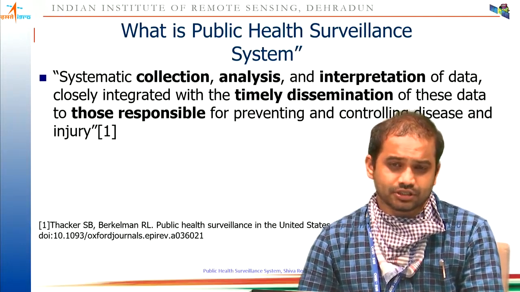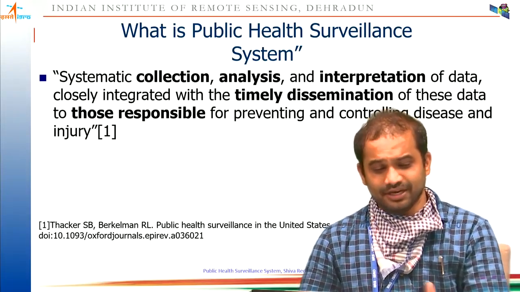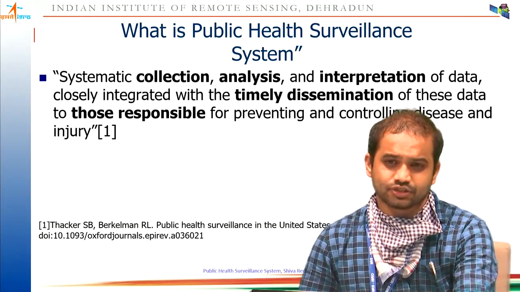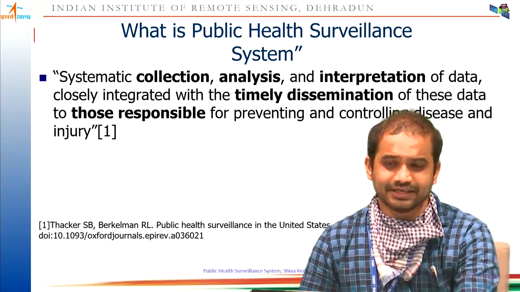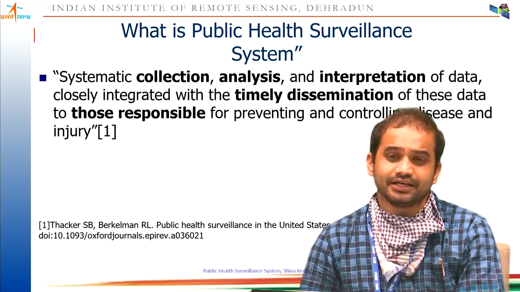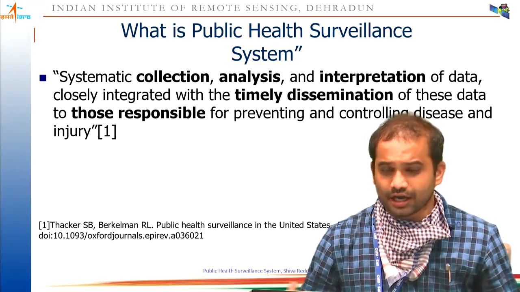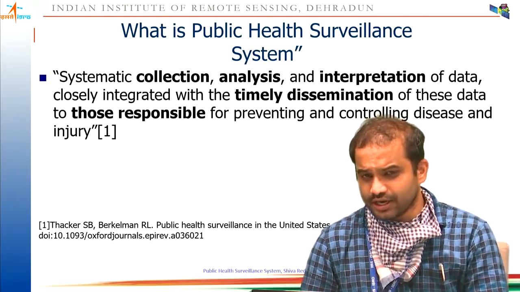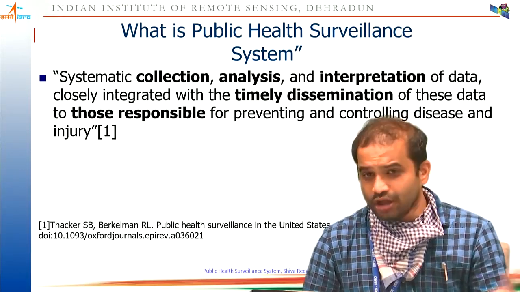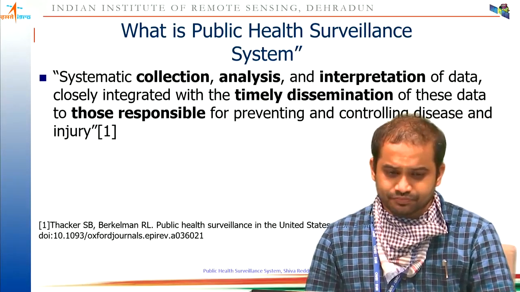It is called integrated disease surveillance because public health surveillance systems can be of different types. One can be integrated, one can be specialized, like what we are currently seeing with COVID-19 cases. We are only collecting, analyzing and interpreting focused on COVID-19, so it is a specialized public health surveillance system. While in the integrated disease surveillance program, there is a group of symptoms and diseases all combined together, so that when a public health worker or ASHA worker collects data, it can be efficiently collected for all probable diseases. So we need not have a different program for different diseases.